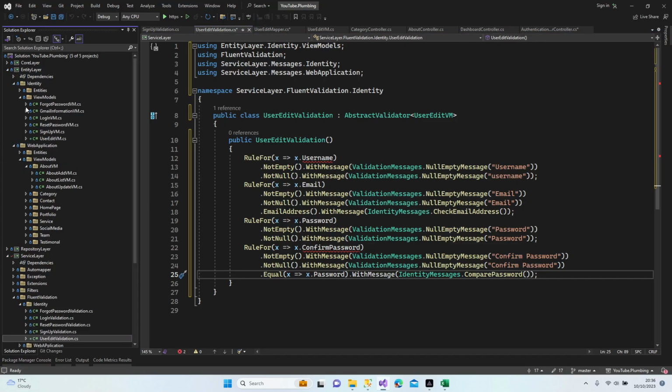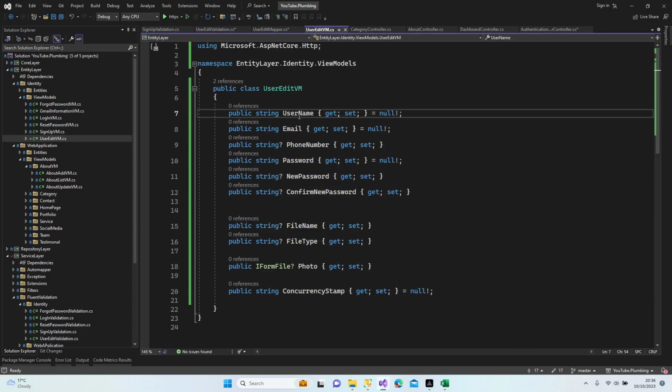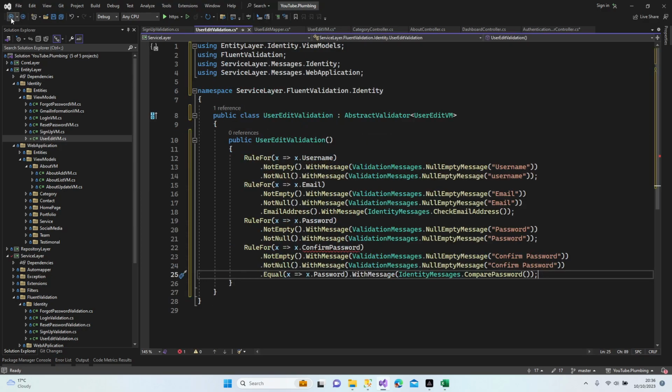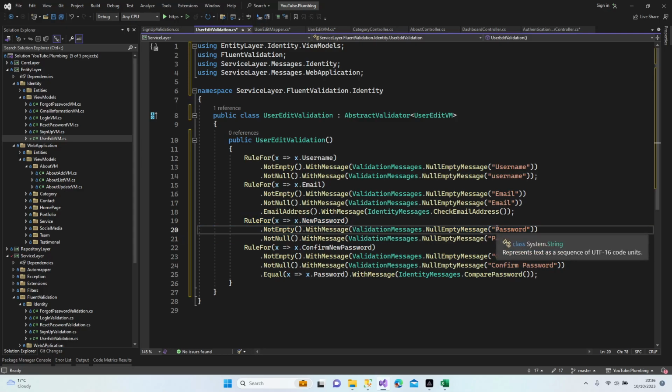Let's make everything the same. Username. What was the other one? Let's make it new password and confirm new password. And also we need a validation for